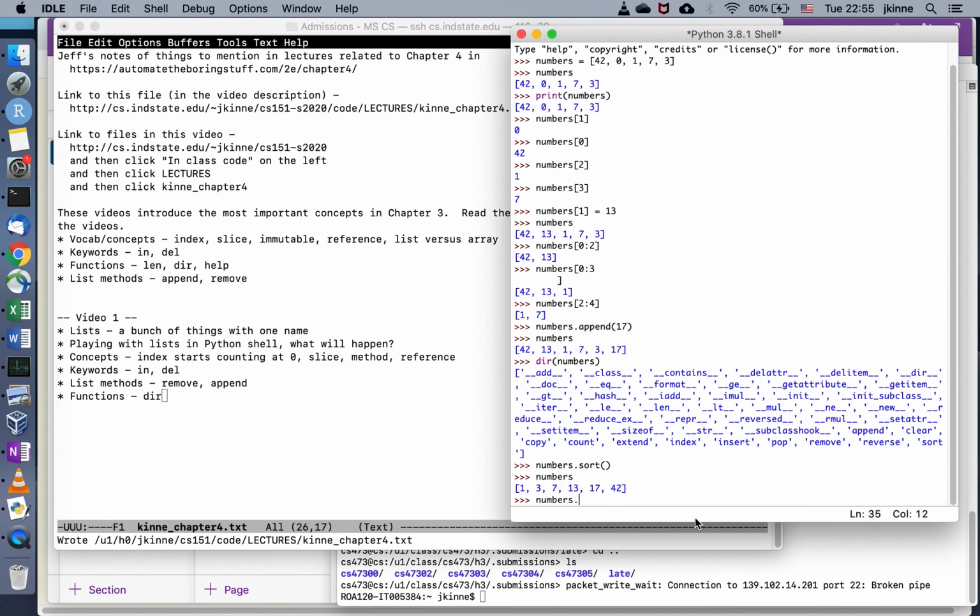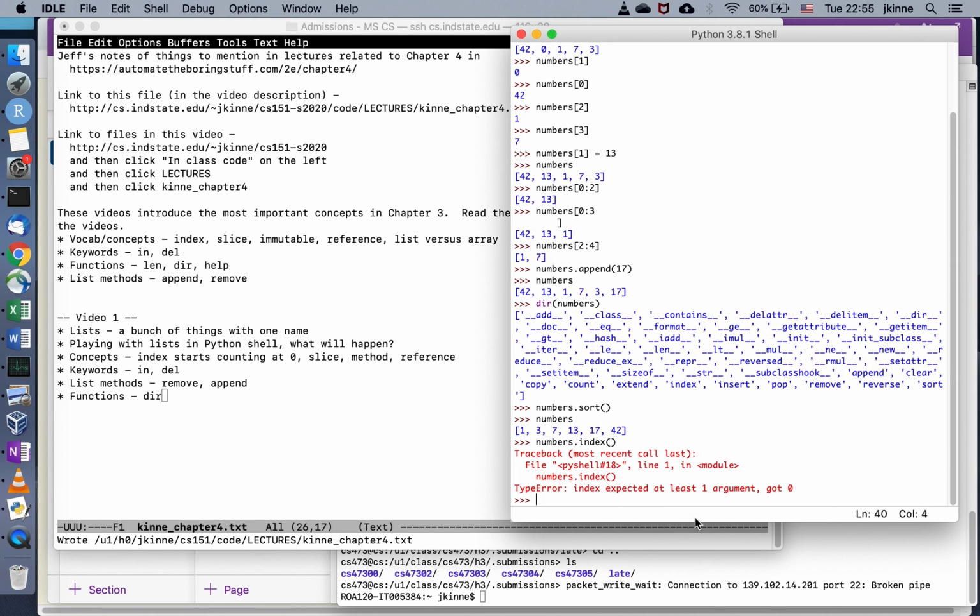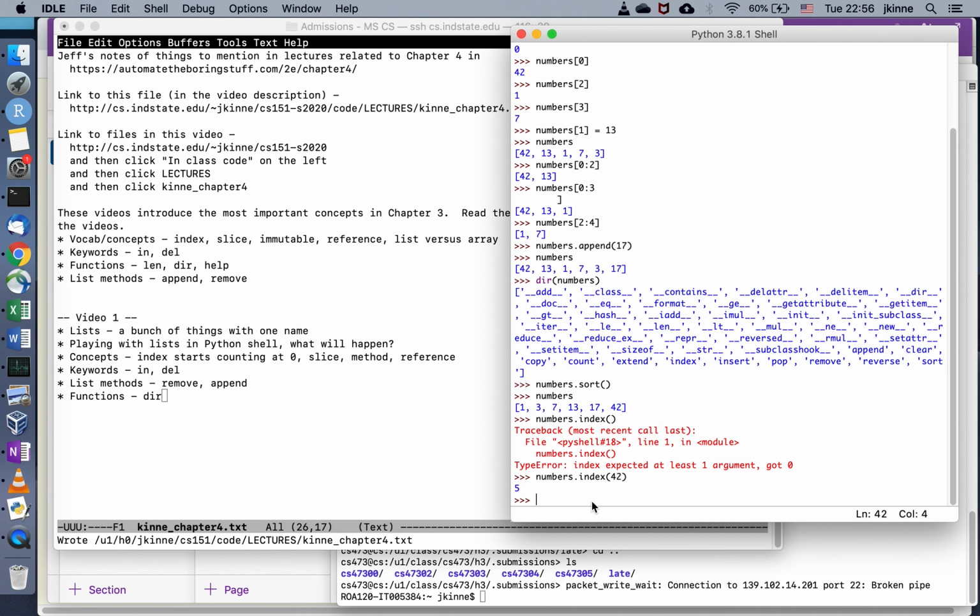I could do numbers dot index, and that says it expected at least one argument. So just like append, I needed to give it something. Let's see if I say numbers dot index 42. So what that did is it looked for 42 in here. It was index 0, 1, 2, 3, 4, 5. Okay, and there are some other